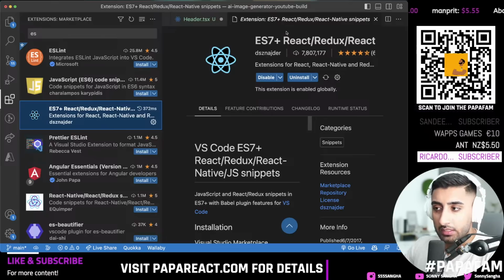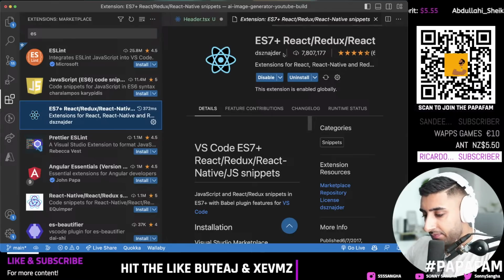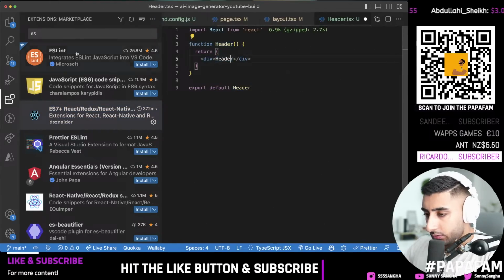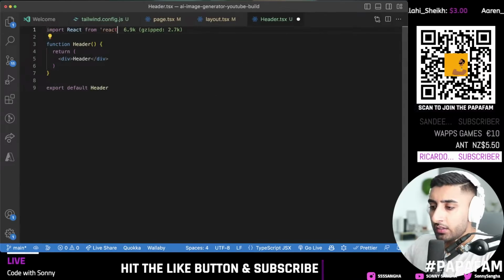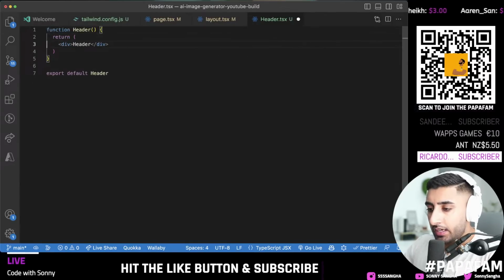You want to go ahead and install this. You know it's the right one because it has 7.8 million downloads. So in this case, really awesome tool, so make sure you go ahead and install that. It's to get those snippets that I just showed you. Okay, so go ahead, and you don't need this anymore at the top, and this is going to be our